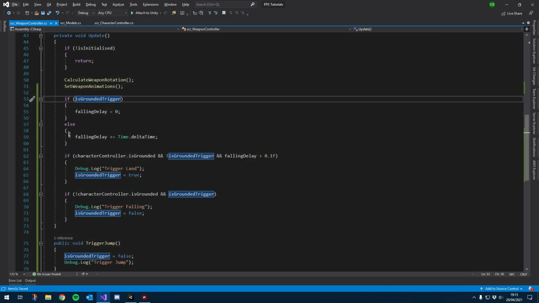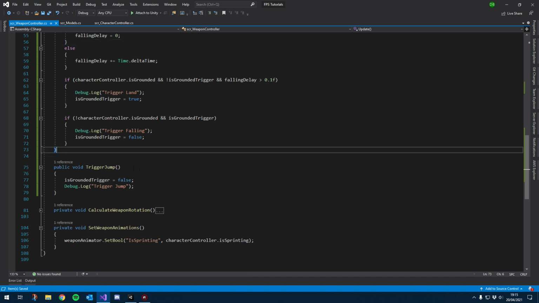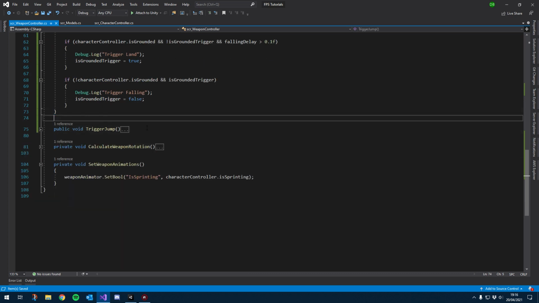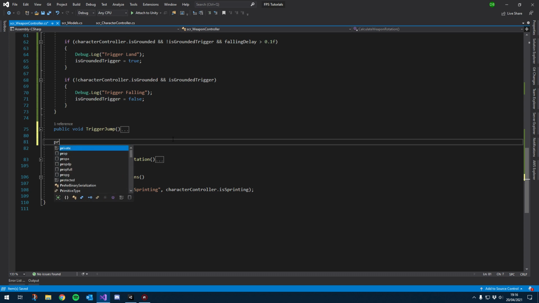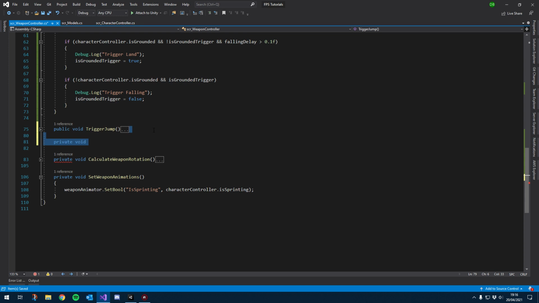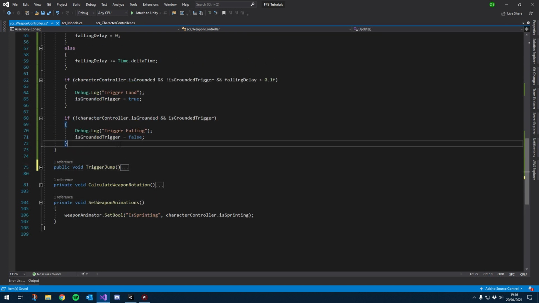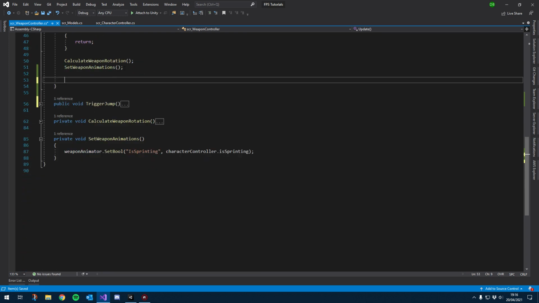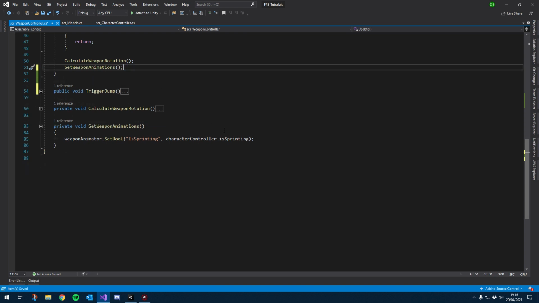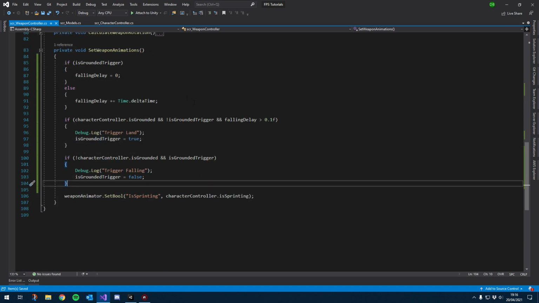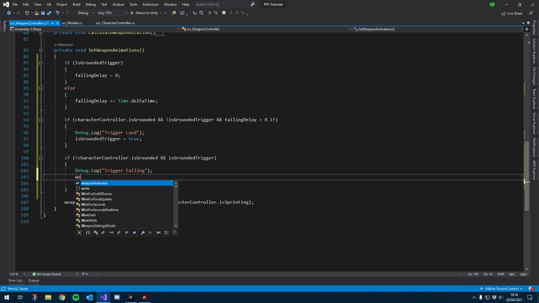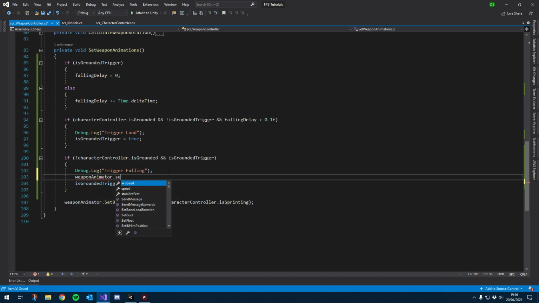So let's go back into our script, and we'll just create a private void for. Oh, actually, we have set weapon animations. Let's just add it to that. So everything we've just done, this is grounded. I'm just going to cut that, and we'll add it here for our set weapon animations. And instead of here, trigger land, trigger falling, we're going to add a weapon animator trigger. So we'll do weapon animator dot set trigger,